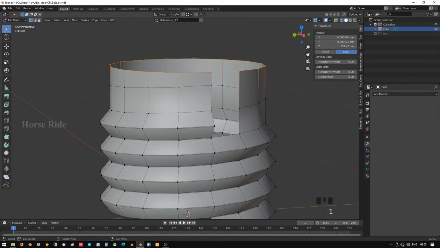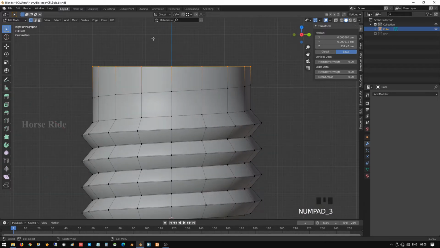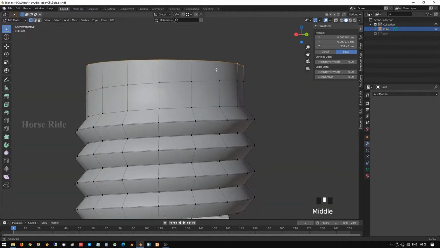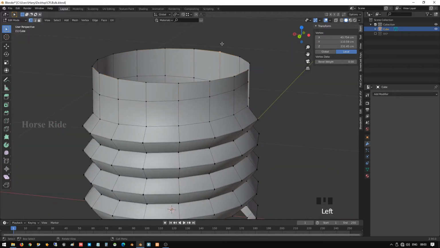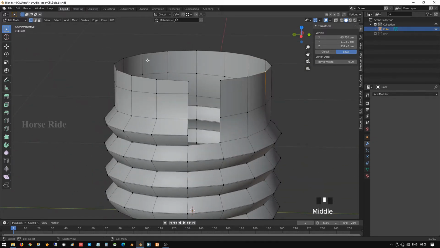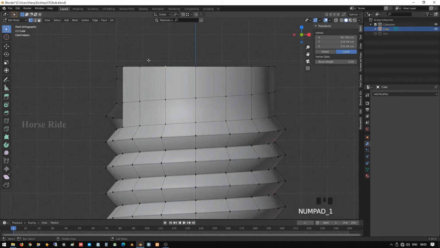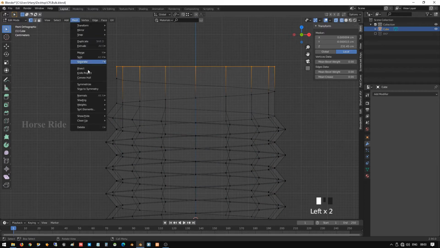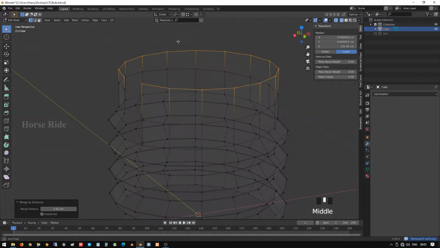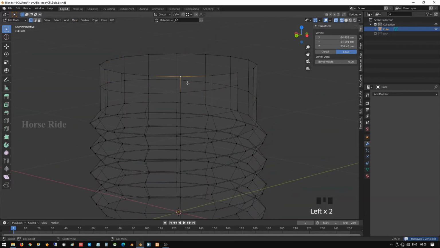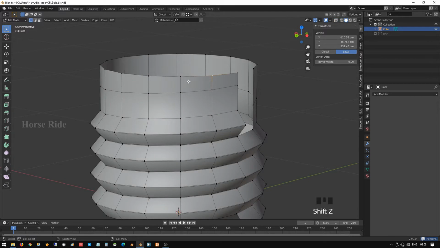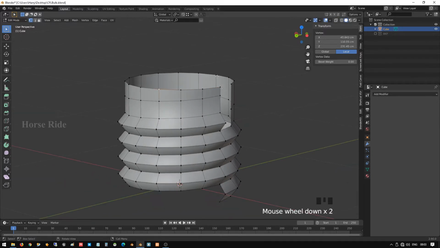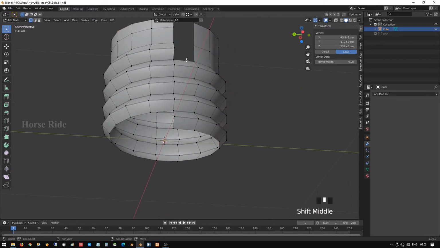After doing this, go to vertex mode, press 1 on the keyboard, Shift Z to wireframe, select the top vertices, go to mesh, clean up, merge by distance. Now these vertices should be merged. Yeah, it's merged. So after doing this,